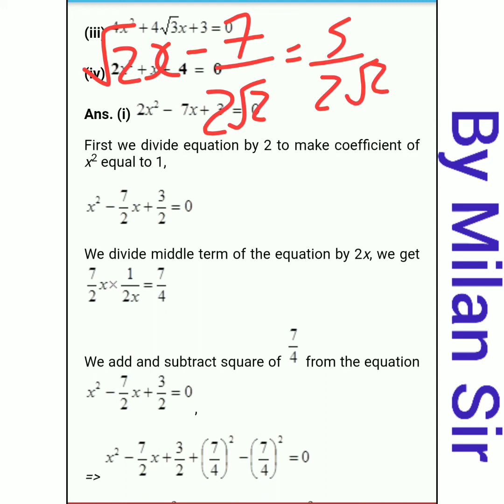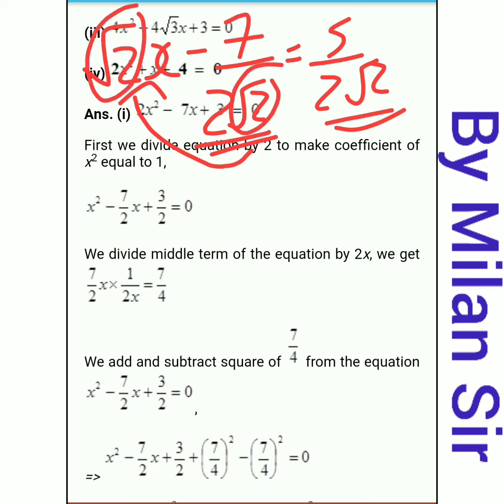Okay, first case we take the positive number. So here we need to take the LCM. The LCM is 2√2. So this 2√2 we need to multiply here. So 2√2 multiplied by √2: √2 times √2 is only 2, and 2 times 2 is 4. So totally we have 4x.